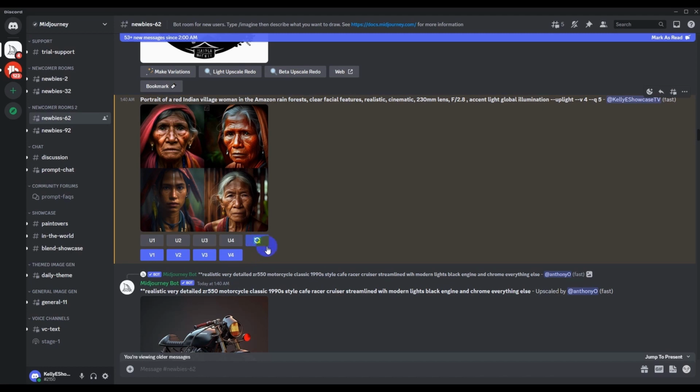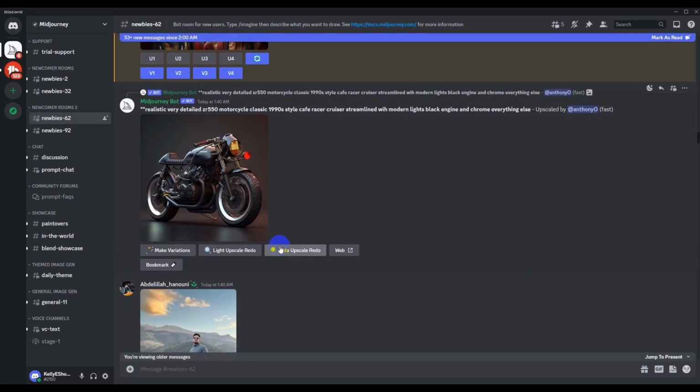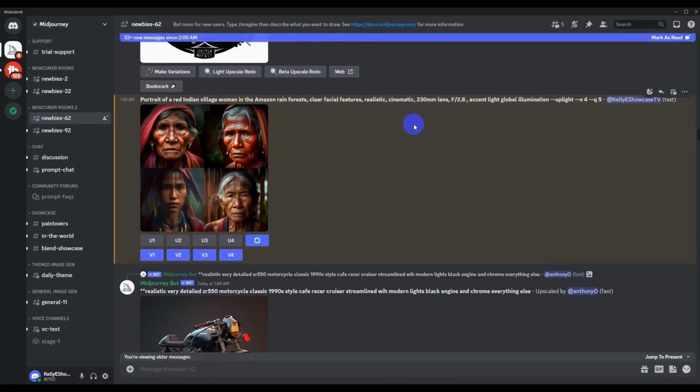Let's see what the AI will give us. Like I said, this Q means the quality. 5 is the final quality, but most people use 1 or 2. It will still be fine. But as for me, I love things at final quality.